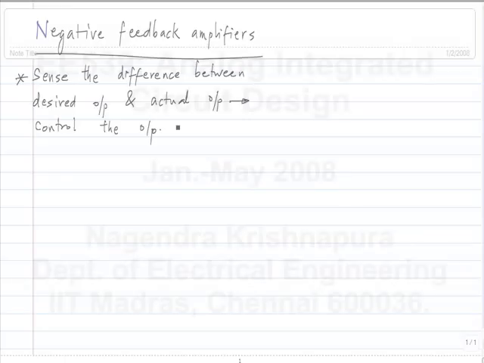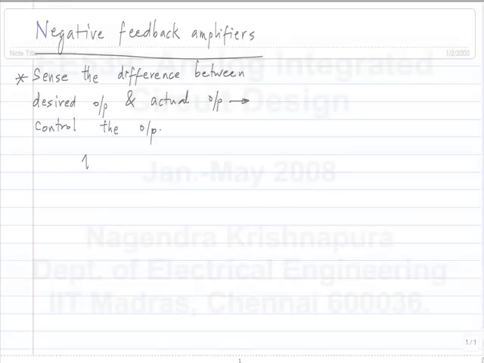Or if you are adjusting the volume control knob of your radio, if the volume is not high enough for you, you go on increasing it. If the volume is too high for you, you go on decreasing it. And then you stop where the error goes to 0. That's what you do. But in this particular case, I'm not talking about cars or radios, but an